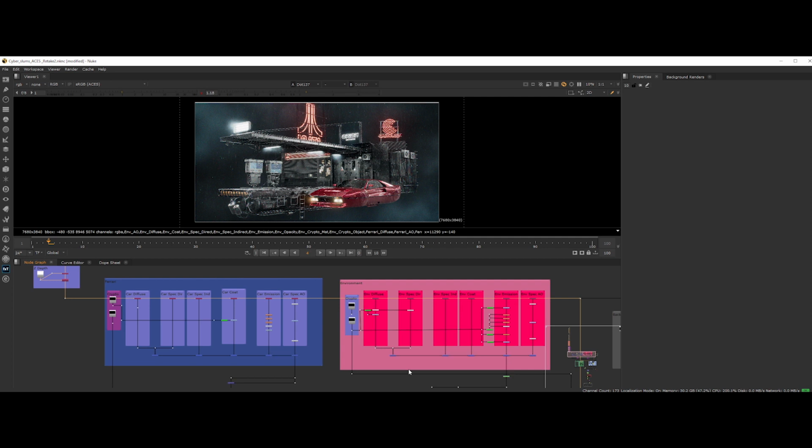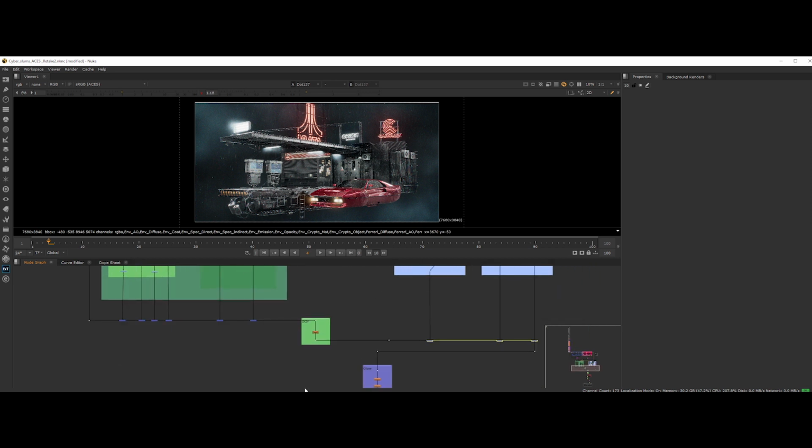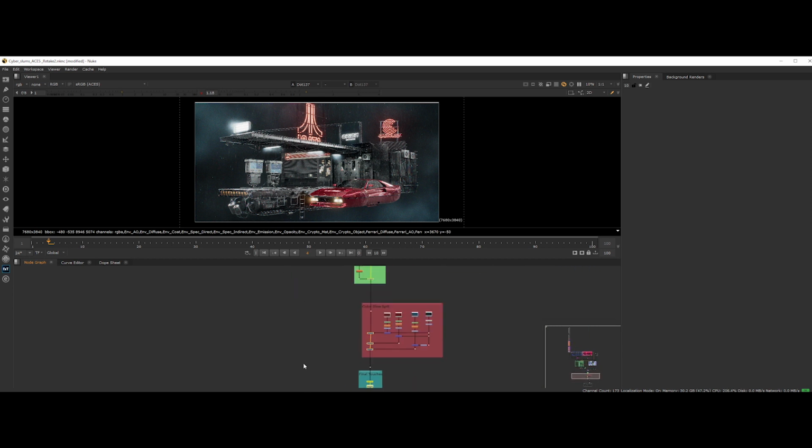The interface is split in different frame panels called panes. The first and main pane is the viewer, like After Effects. Down here, the second pane, we have what they call the node graph. And this is where you will have all of your composites in your tree of compositing.